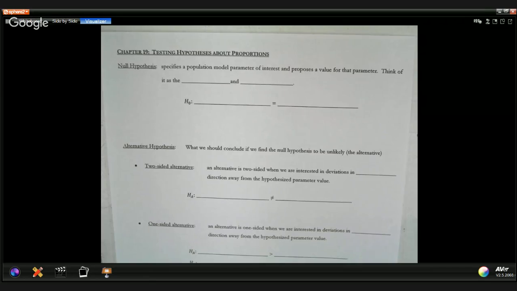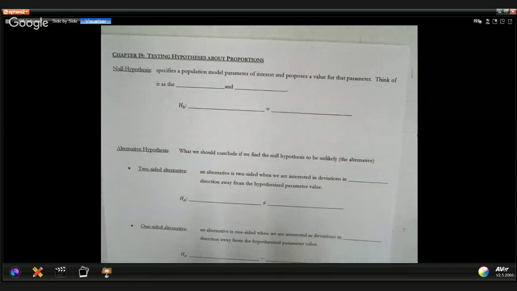So what we're talking about today is being able to test the hypothesis about proportions. And so now we're going to start combining a lot of the different things that we've been learning about proportions and means together. And we're going to start off by focusing with proportions. Whenever we come up with any kind of test where we're trying to see if there was actually a difference in a percent or proportion, we have to state the null and the alternative